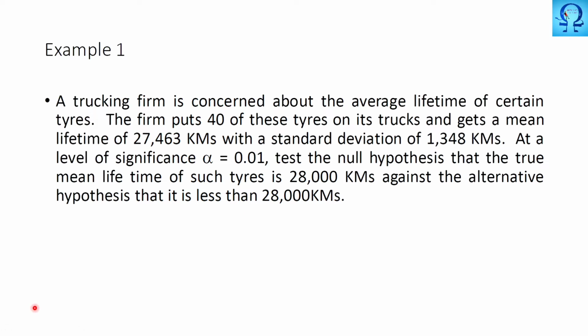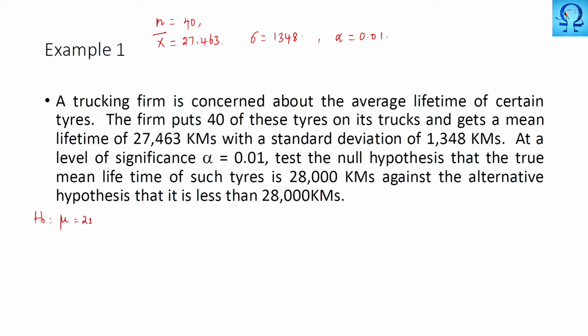So basically, our null hypothesis is mu equals 28,000 against the alternate hypothesis that it is less than 28,000 kilometers. From the given input, what we have come to know is that n is 40 here and x bar is 27,463. Okay, and standard deviation is 1348 and alpha is given as 0.01, and our null hypothesis is to test